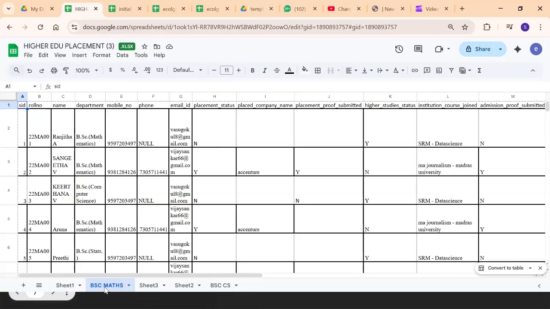So what is a primary key? A primary key is something which is important for a table, and that has to be unique. It cannot have duplicates, and the system will not permit a duplicate key on that. So that is going to be an identification for the particular row. So the SID is nothing but a primary key. That's how, generally, any Excel you convert into a database or table,